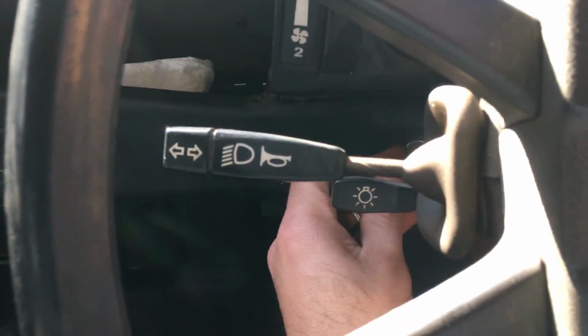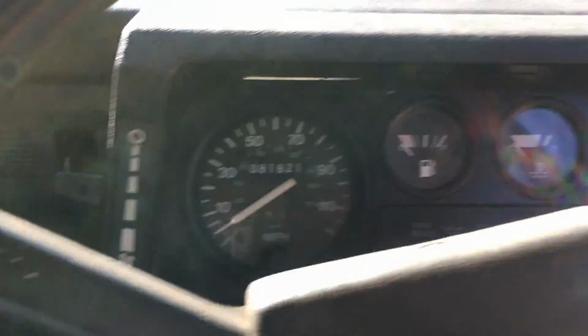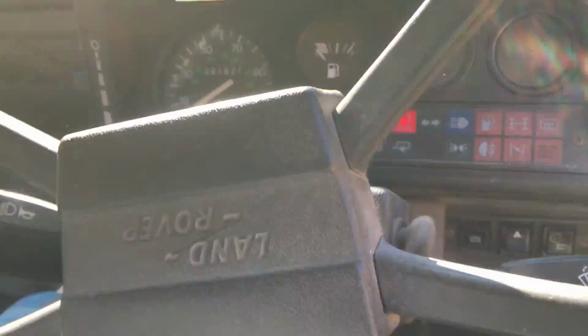Let's see. Keys, neutral. This is the choke. The Edelbrocks have an electric choke, so you just pull it out and turn it to the right. That locks it. When it first starts up, here we go. Here the fuel pump comes on when you first turn the key, and then